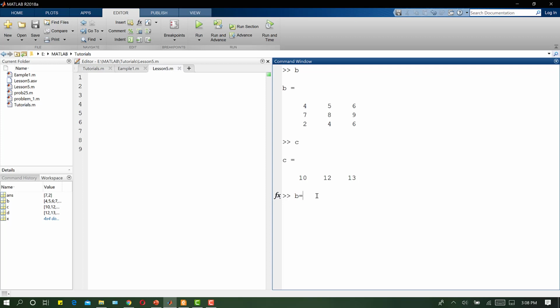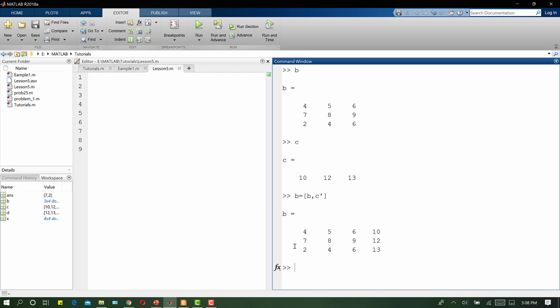So I will write B, and then I will write B, and I want to have this row vector as a column vector. So I need to take the transpose, and then I will write this comma, and I will write C, and I will take the transpose.